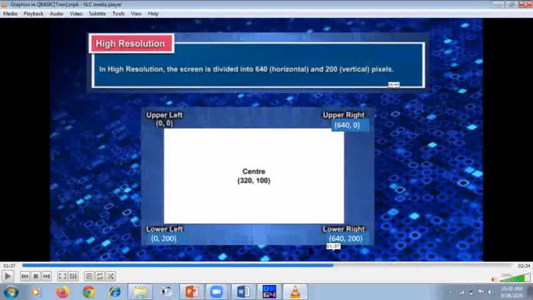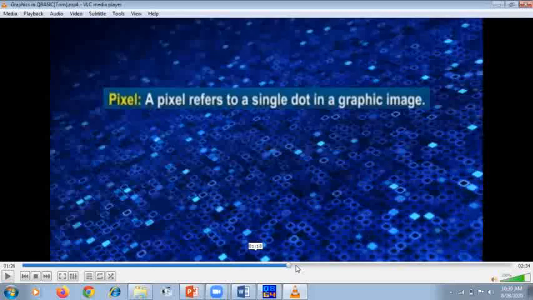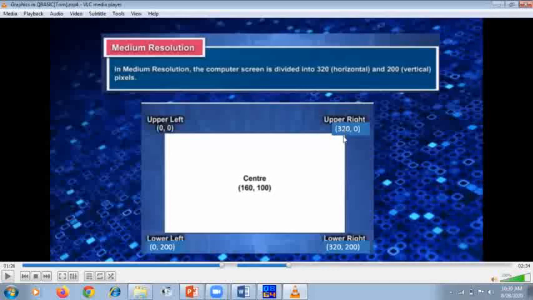But on the other hand, if we are talking about the medium one, let me show you the medium also. This is the medium screen resolution. In this you can see everything looks the same, but the number of pixels supported horizontally is only 320. So in screen 8 you can see 640, and in screen 7, which is medium, we can only see 320 pixels. Yes, of course. Yes, you are right, Herman.